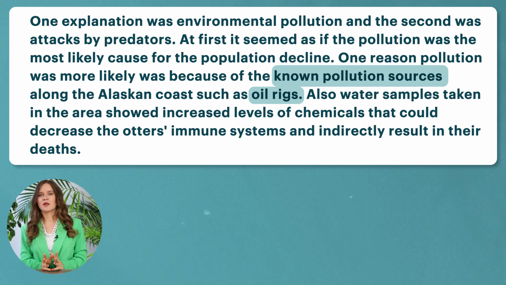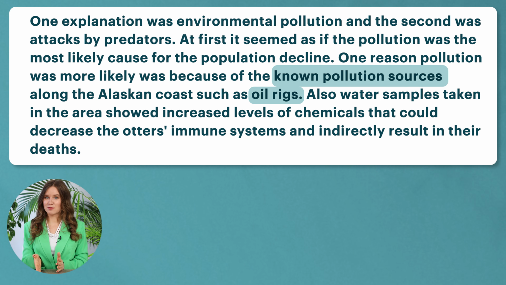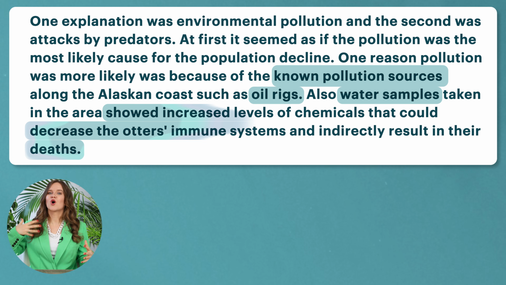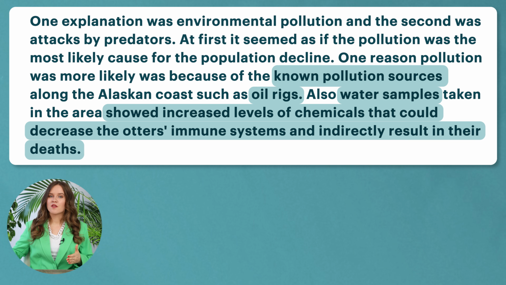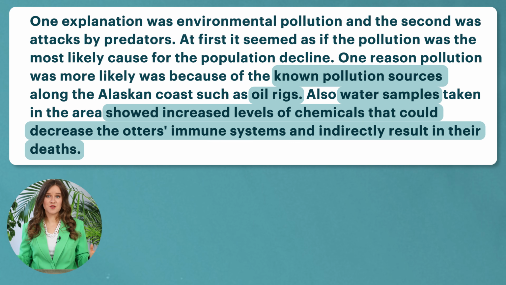Which part of the text explains why the author believes known pollution sources are responsible for the decline in sea otter numbers? Water samples. Why? Because the samples show increased levels of chemicals that could decrease the otters' immune systems and indirectly result in their deaths. This means that many harmful chemicals were found in the water samples taken close to the oil rigs. These chemicals could negatively impact otters' immune systems. As a result,